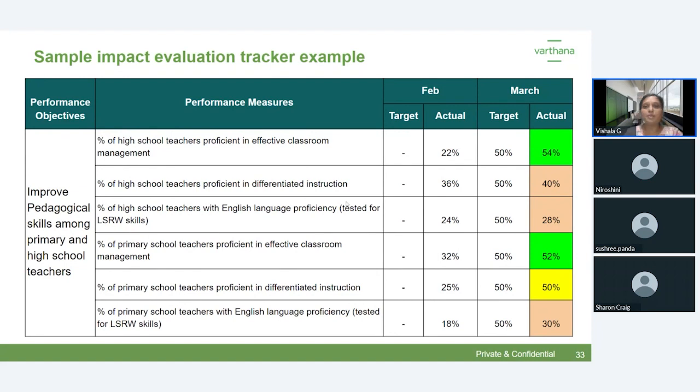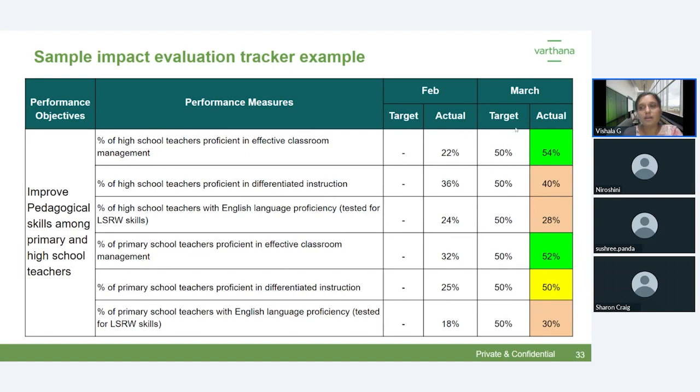Now, between February and March, you want to finish this training and maybe test the teachers before the training starts and after the training starts. What is measured before the training has started is called the actual percentage of teachers who are proficient in classroom observation and classroom management techniques. You can see it in the February column. In the actual column, you can see the percentage of teachers for each of these sub-parameters, how much they are proficient. Once you finish the training, then you